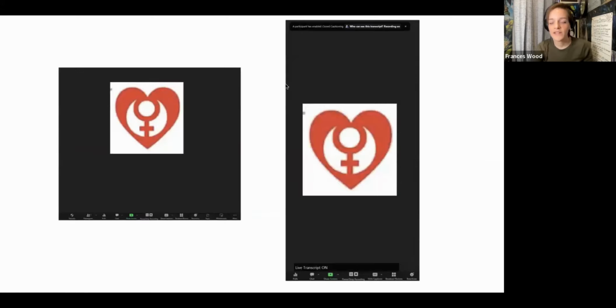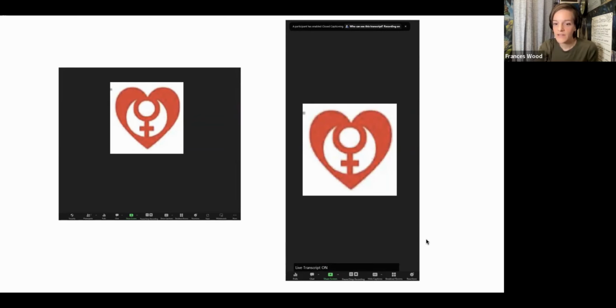All right, so what you want to do, we've got two images here. One is if you're looking at this on a laptop or a computer, and one if you're looking at it on your phone. So this elongated one is the phone, right? So you're going to look again for that CC down here. And what you'll see on top here is it'll say a participant has enabled closed caption. All right. And what that means is that it's a feature of Zoom that you can set up closed captioning. So it actually makes a transcript after the fact as well. But for your purposes, it's going to be just that you can see in real time the captioning.